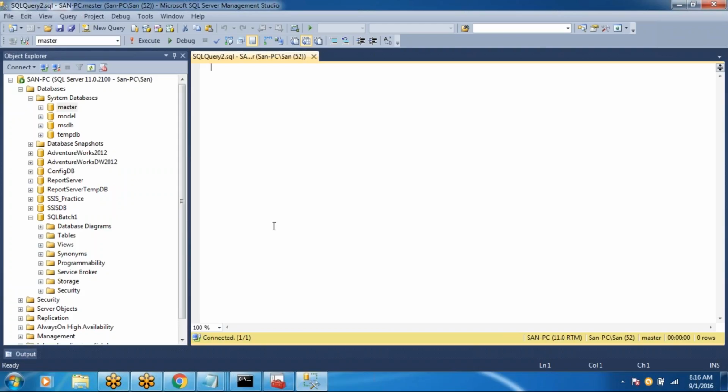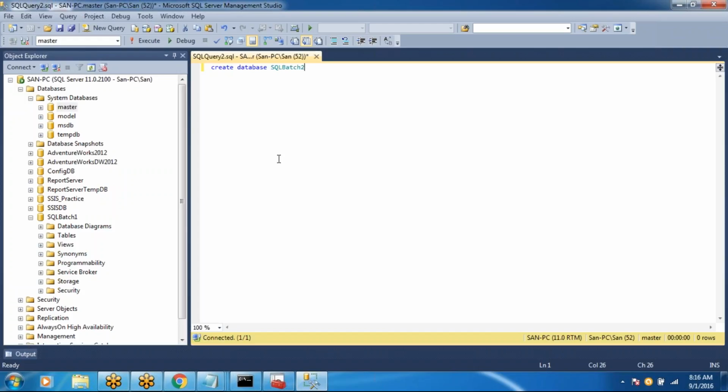So see, in our terms itself: create new database. We got three words. This is simple English only. So to create, I am going to create a database. What should be the name? Just give the name SQL batch 2. So what would be the syntax? CREATE DATABASE, then the database name. This is the very simple and easiest way of creating a database